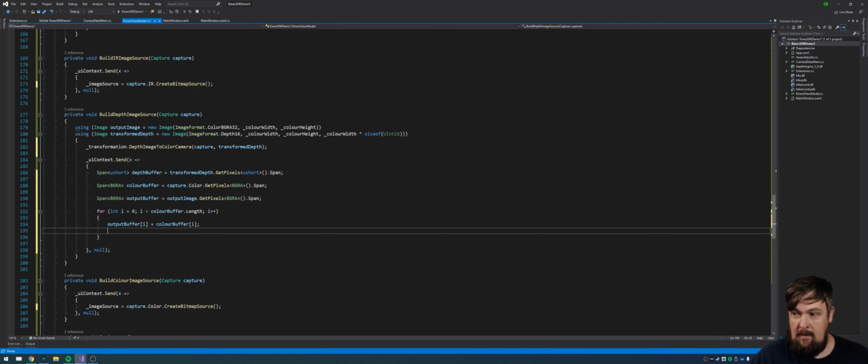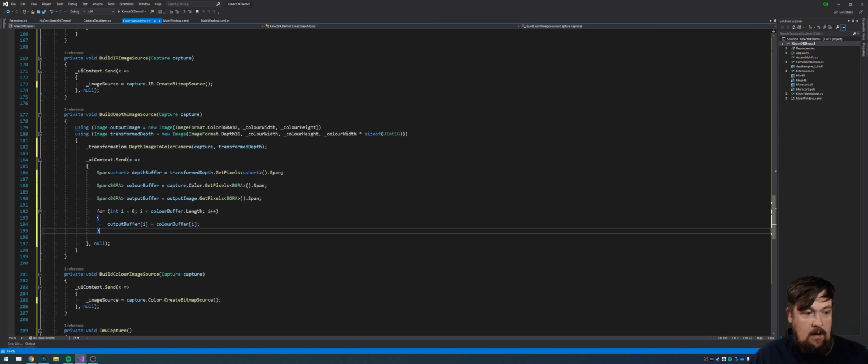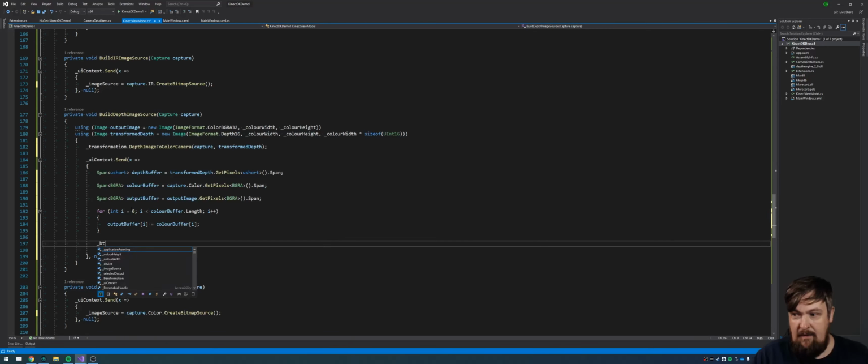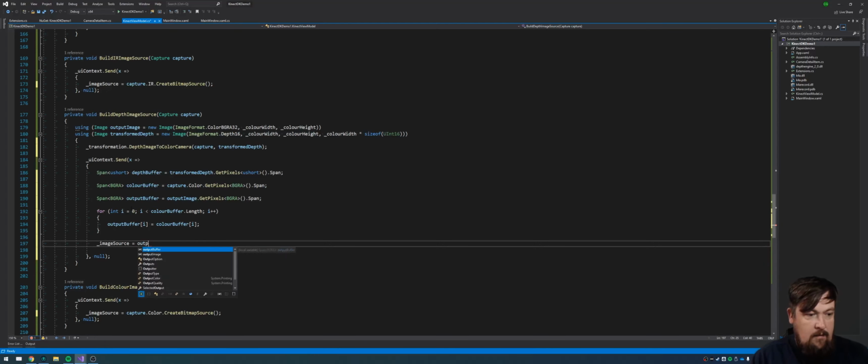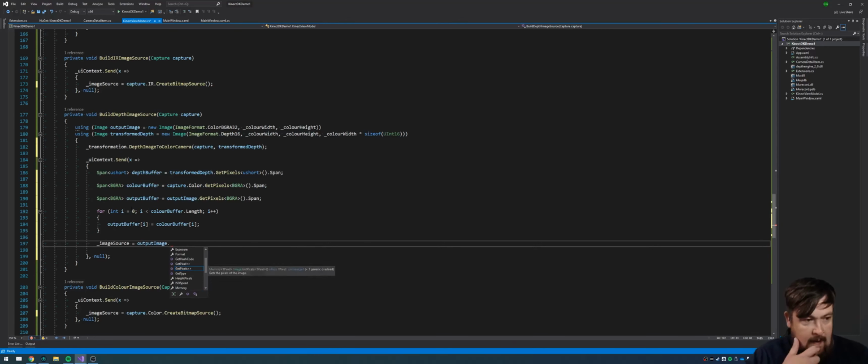And if I were now to create that from the output image, using our extension method,